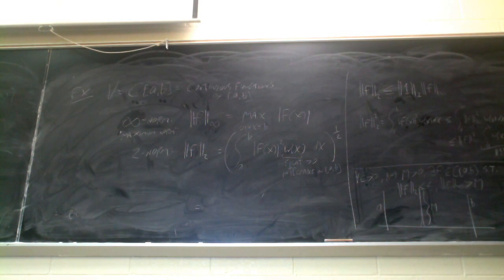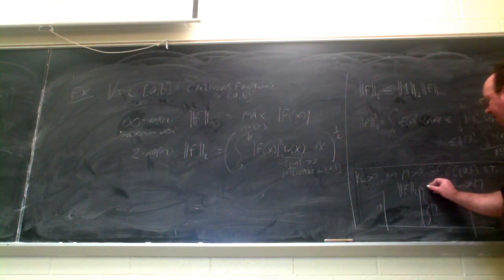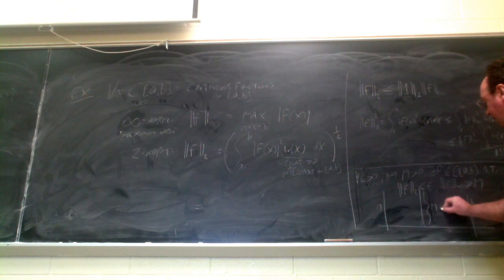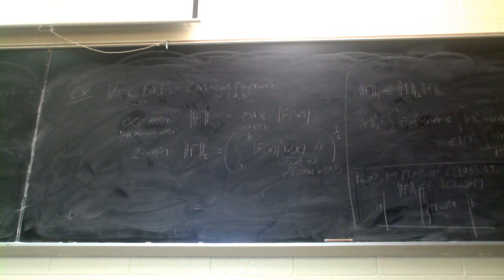So if you make the height of the spike capital M, or maybe capital M plus a small amount, because I have strictly greater than here, then I can make the width be on the order of, let's say, okay, I want the 2 norm to be epsilon, so epsilon squared, like epsilon over capital M,